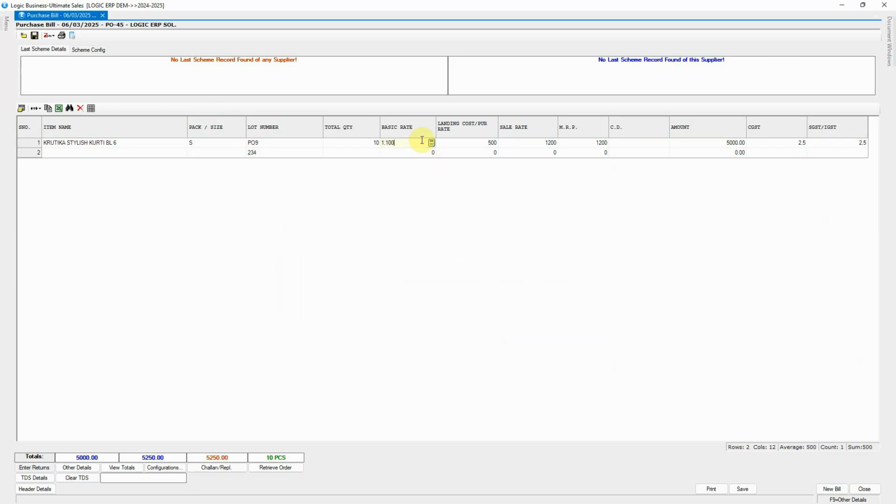However, if we later edit the rate to 1100 rupees, you will notice that the tax remains unchanged. This inconsistency can lead to errors in tax calculations.